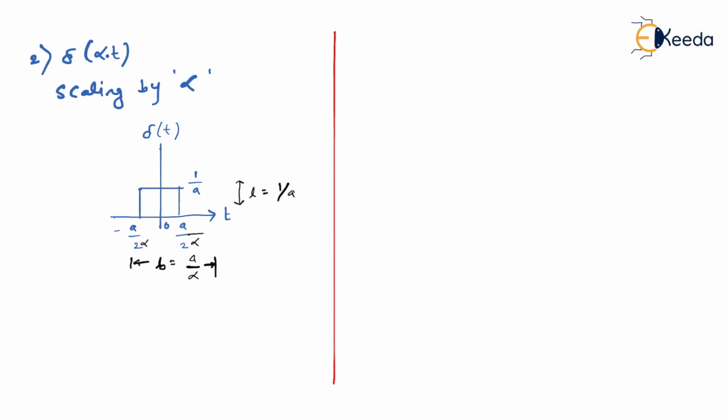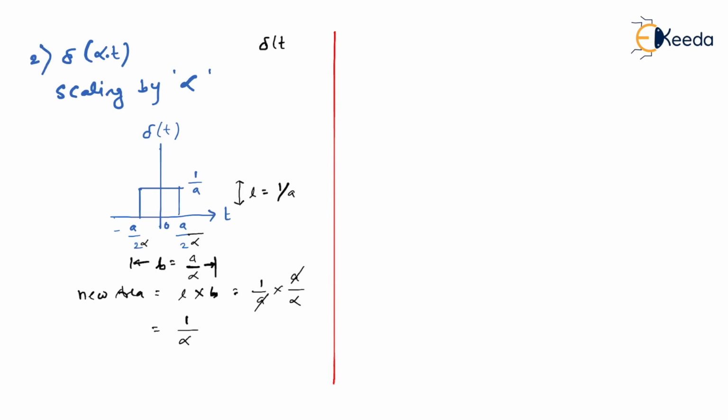So can I say you'll get a new area because breadth is changed, which is how much? It is L into B formula we use. So L is 1 by a and B is a by alpha. So as you can see, a gets cancelled. So new area has become 1 by alpha. You know what? The area is 1 by alpha now, and we'll just leave this apart. I just want you to answer.